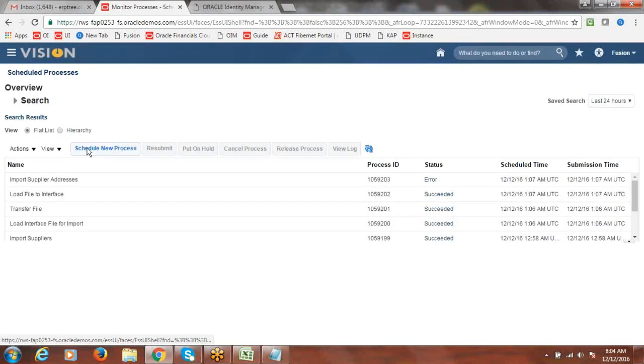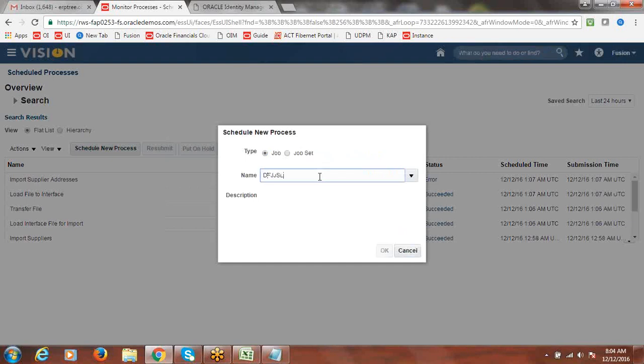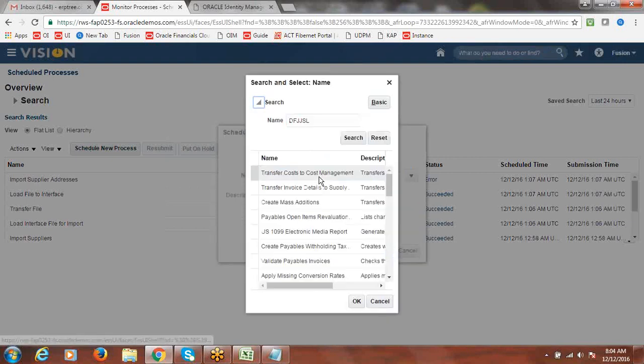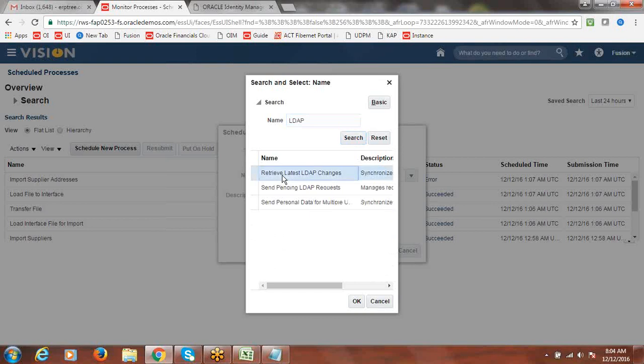So search with the term LDAP. Select the job called retrieve latest LDAP changes.